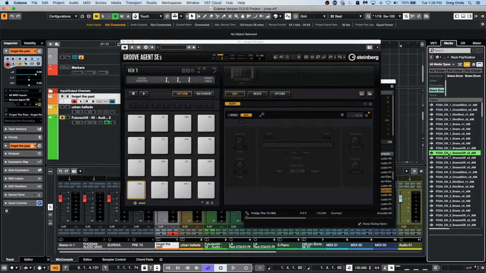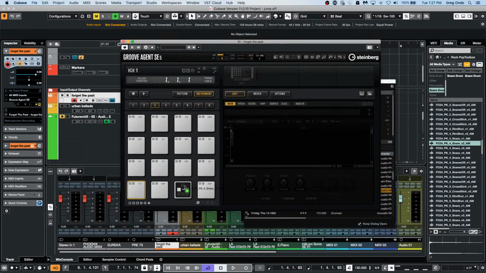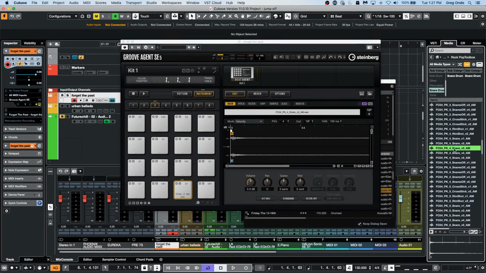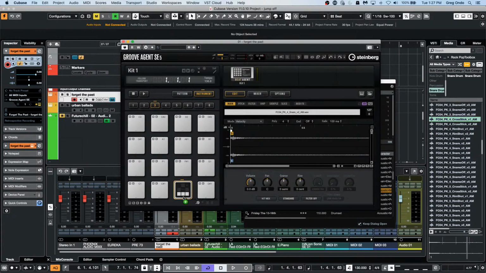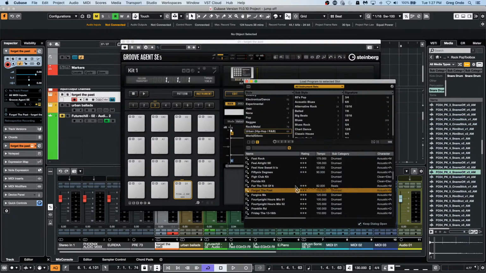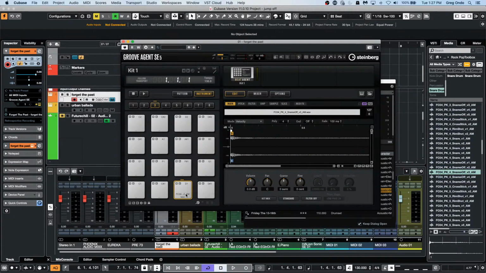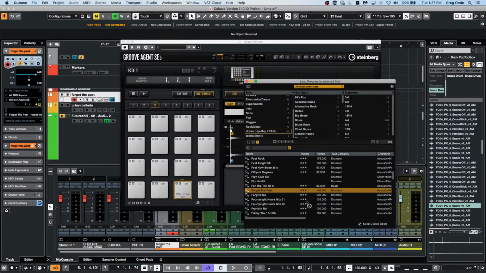Okay, so I'm just going to drag this to D1 and let's take this snare. So I could put both of these samples on the same pad if you want. So now when we go to edit, we just